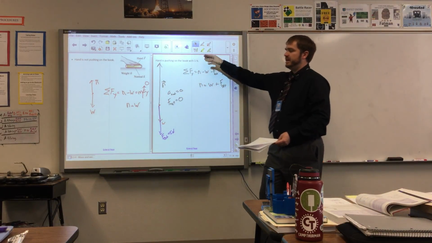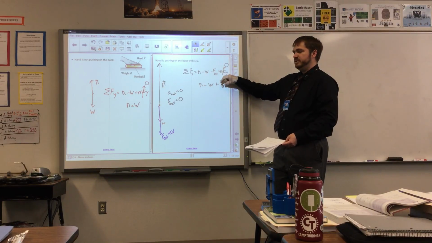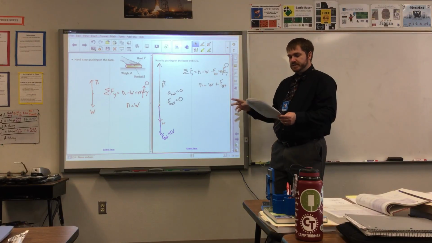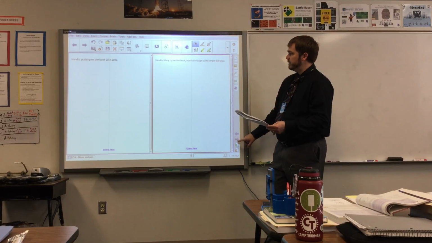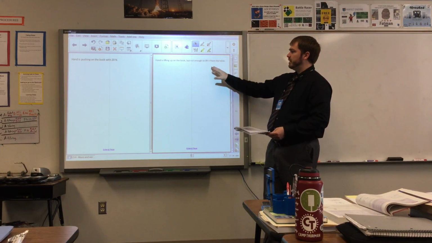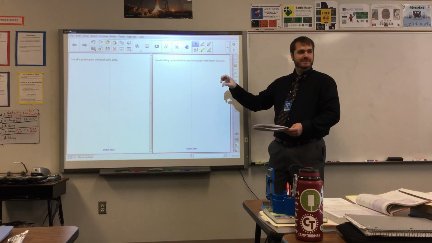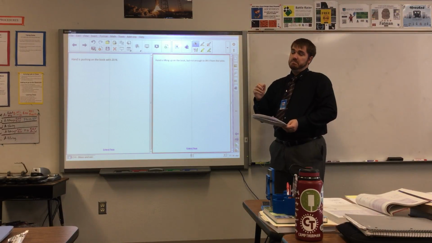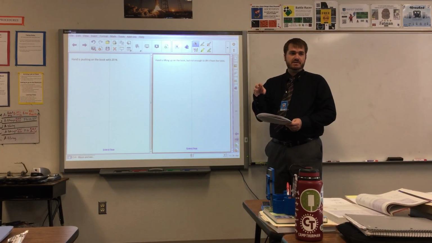Quick question. What if that 5 was turned into a 20? Instead of 5, this would be 20. That's no big deal. I think we can handle that. What's interesting, though, is number 4, where it says the hand is lifting up on the book, but not enough to lift it from the table. It's not doing any work, it's not moving it, but does that mean that the force is not existent?